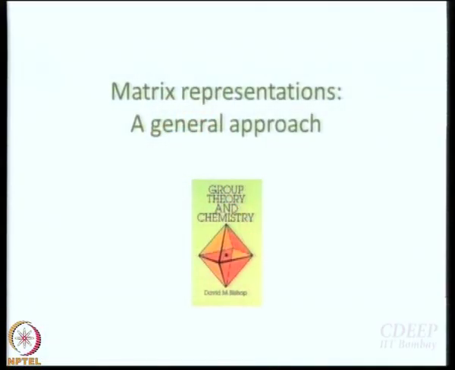Let us move on. Now, the point is this: we have all these matrices and we know that it is possible by similarity transformation to get diagonalized matrices. So, it should also be possible by similarity transformation to get at least block diagonalized matrices. So, what you could try to do is you take any molecule, use any basis that you want, work out the matrices and then find suitable matrices that will similarity transform these matrices into block diagonalized form, and then use the blocks as irreducible representation.